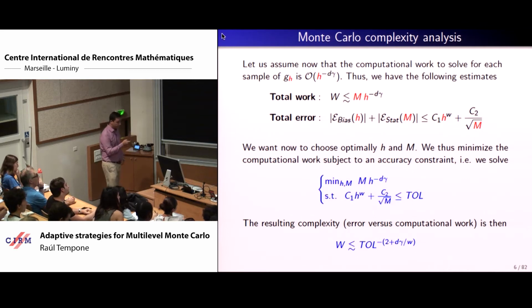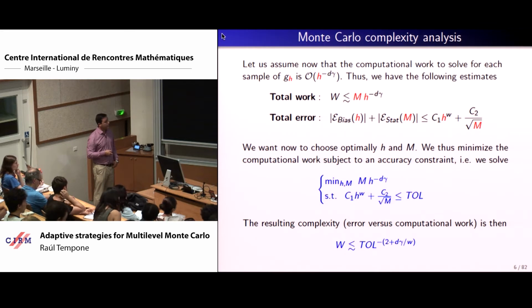But okay, I just want to emphasize a little bit on that. Now, if you actually do the minimization of this bound subject to this constraint, you get this classical cost with respect to the tolerance that you're imposing. Okay. In the context of the central limit theorem, the confidence level is only acting on the C2, so it really plays no role in this constant. It's just, in this exponent, it's just acting on the constant, and that's why you don't see it.